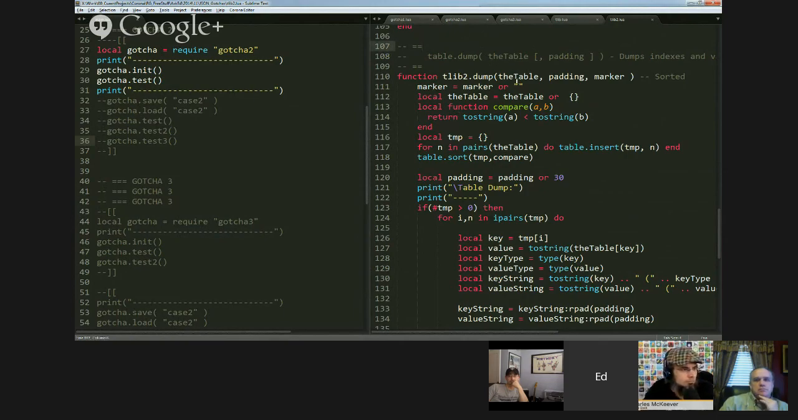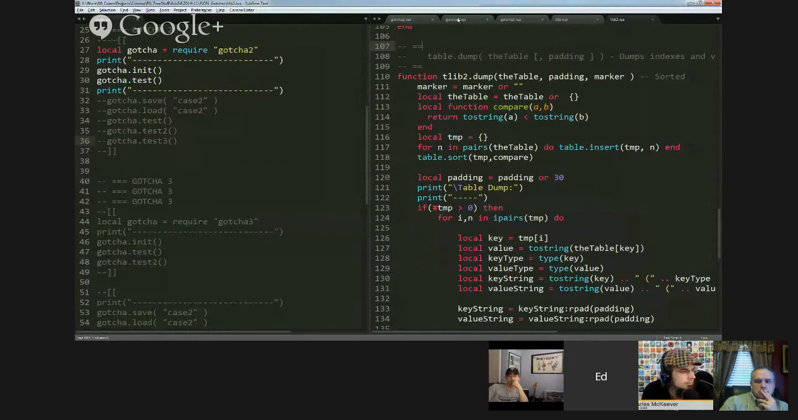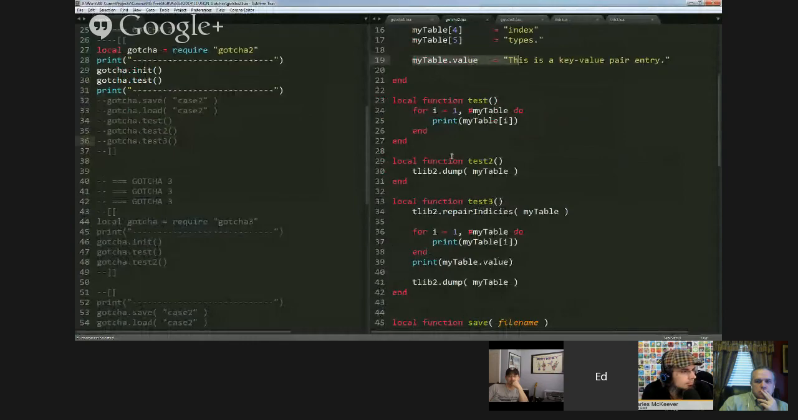So dumping. The value of the dump function is that it prints out the contents of your table. It tells you what types the keys are. Are they strings? Are they functions? What kind of a key is it? And then it prints out the associated value that is indexed by that key and tells you the type of that value. It also makes dumping tables simple. It's just a single line. For example, test 2 in this module is just tlib2.dump and my table. And then if I run that,